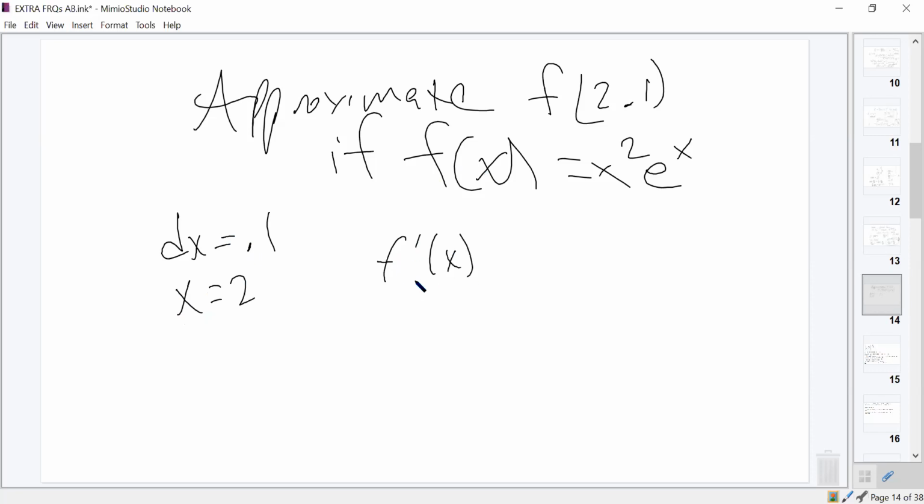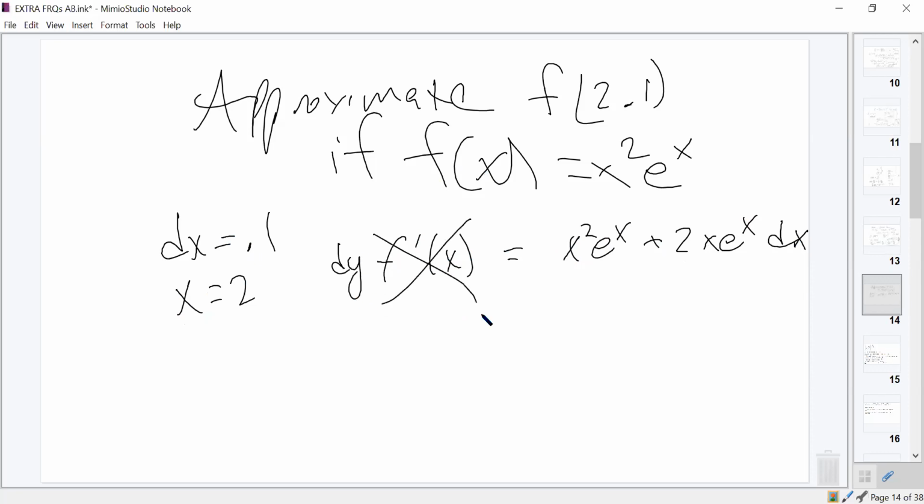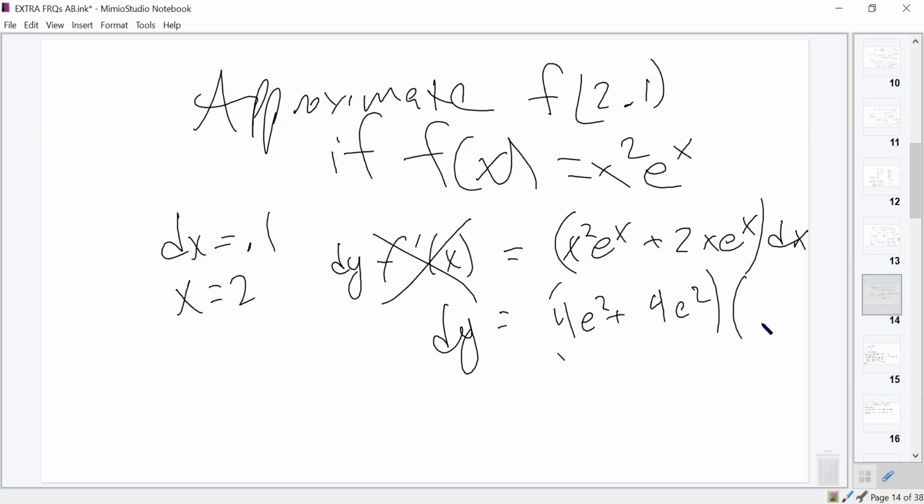change in the y value should be the derivative of this, which would be x squared e to the x plus 2x e to the x dx. And so our change in y, we might write this as dy. A change in y ought to be this, where x is 2 and dx is 0.1. So our change in y would be 4e squared plus 4e squared times 0.1, and which would be